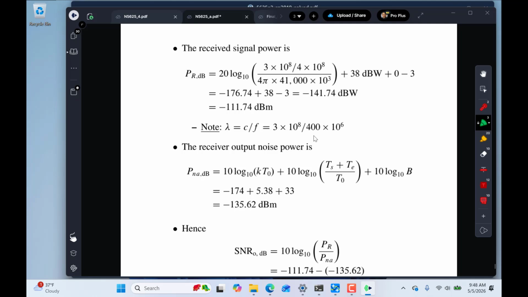Yeah, 400 megahertz in this example. Speed of light, and then you can finally work it all down to get the received signal power, minus 111.74